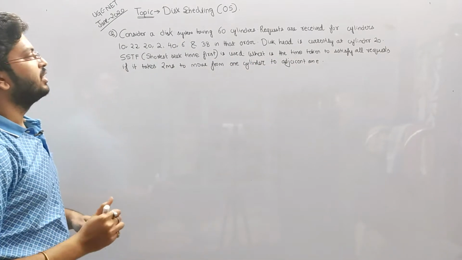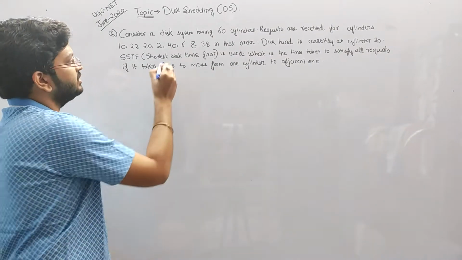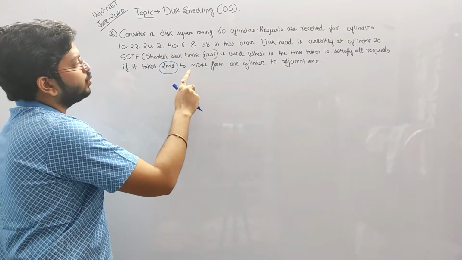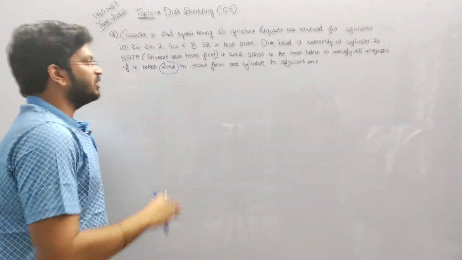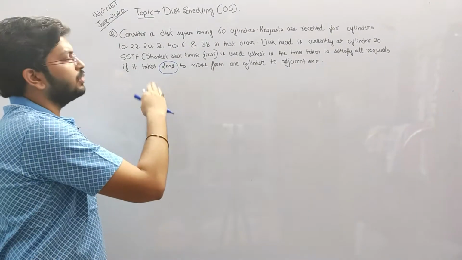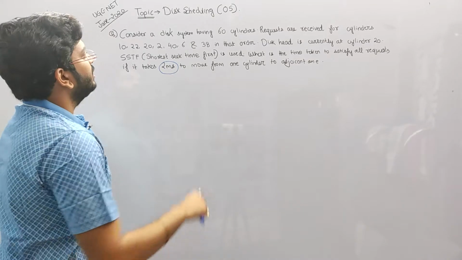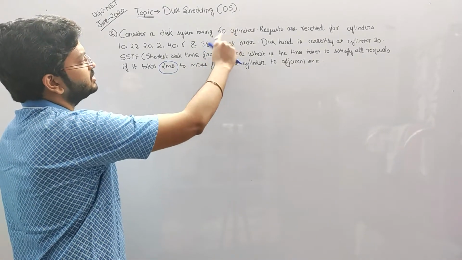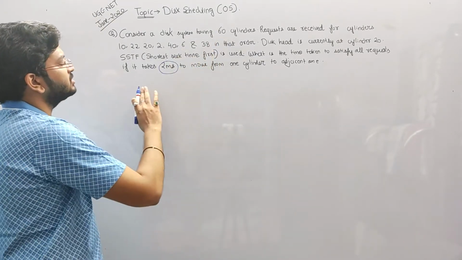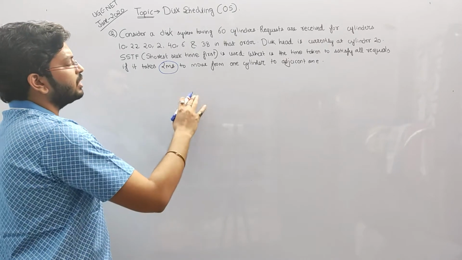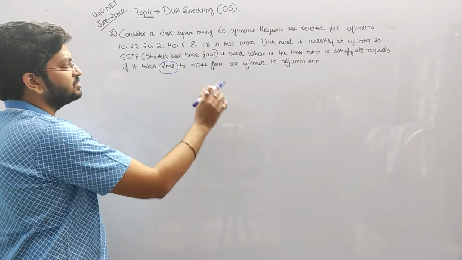to the adjacent one? In such type of questions, the most important thing that we have to note is this time, that is, to move from one cylinder to another, how much time it takes. In some questions they may give the time as 1 millisecond, and in some we can have 2 milliseconds or more. So please do keep this point in mind. And it is given having 60 cylinders. So here we have to arrange the cylinders in ascending or descending order, but generally we arrange the cylinders in ascending order for convenience.